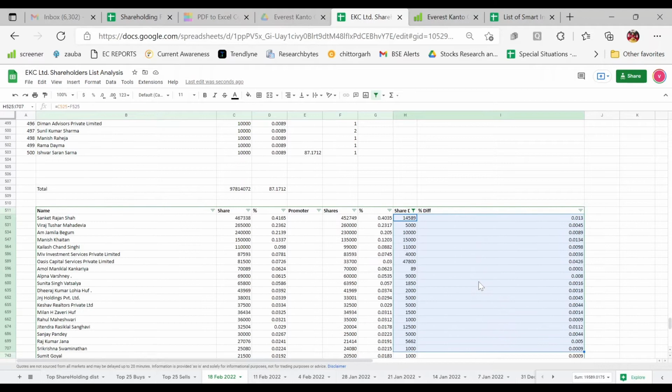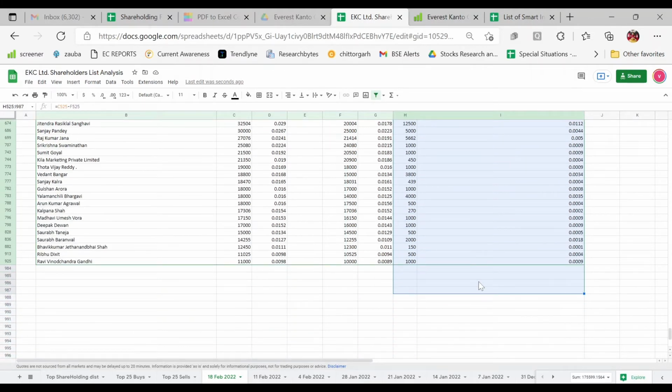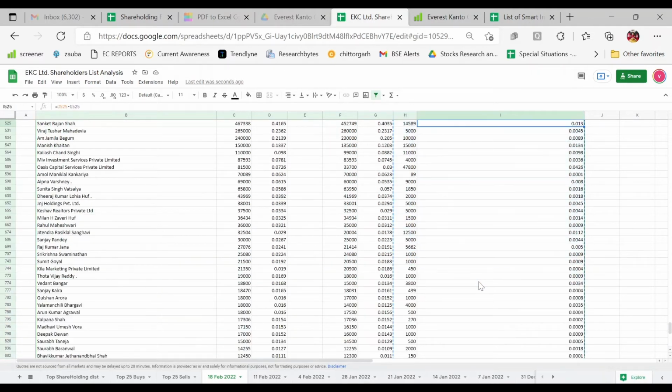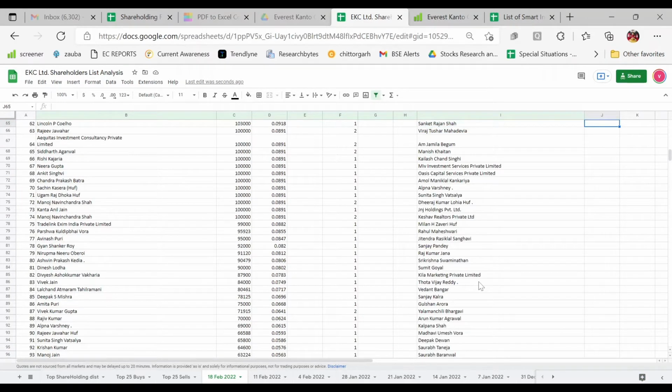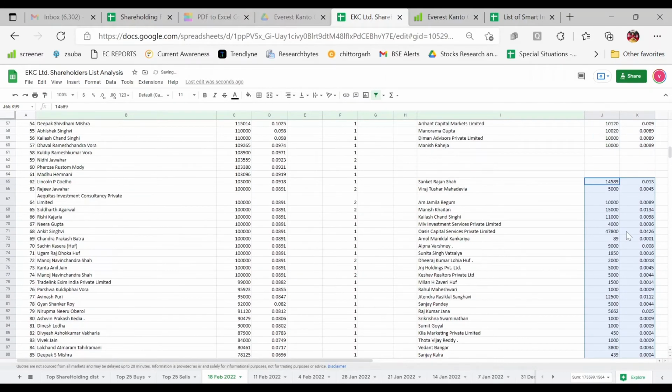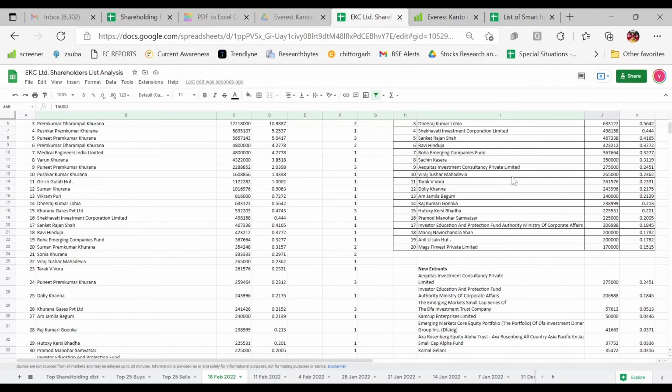I'll just select all these. Now these are formulas, remember. We don't need formulas, we need the values of the same. So what I'll do, I'll just paste as special. So see, you can see the values only came here, not the formula.